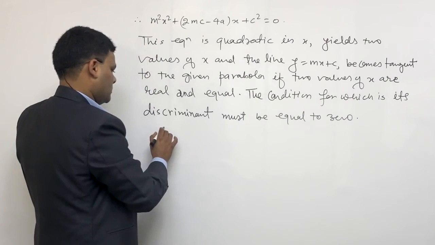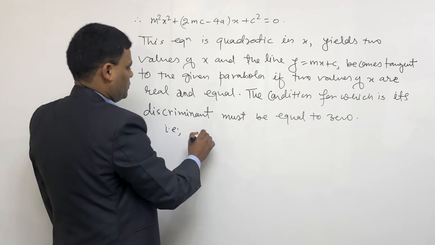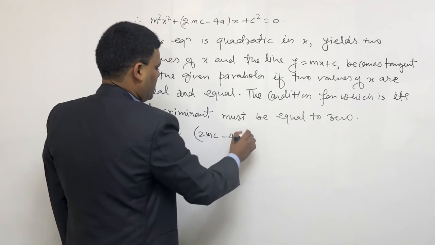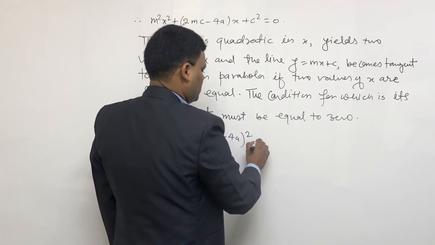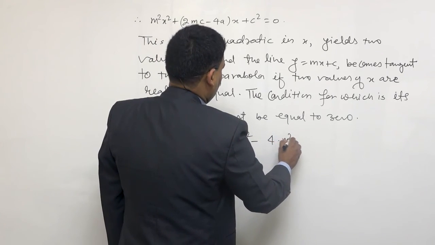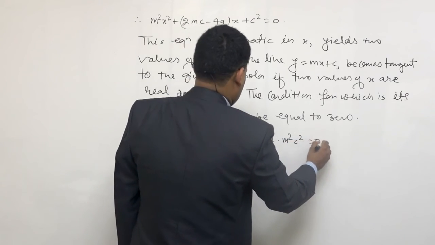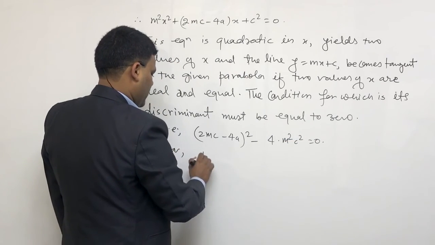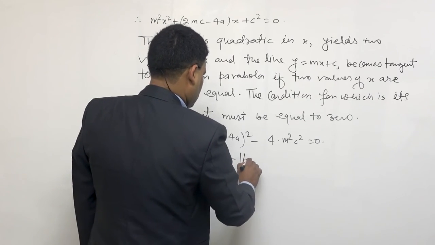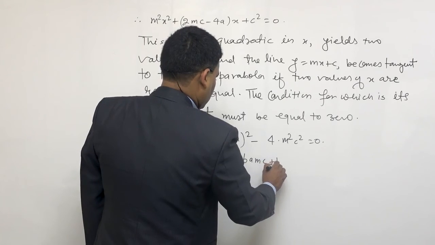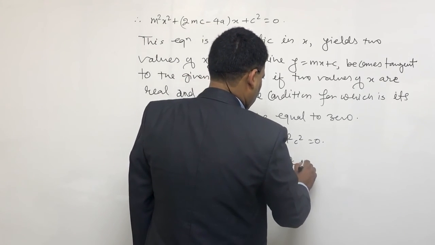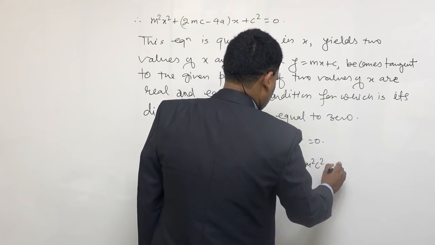That is, (2mc minus 4a) whole square, b square minus 4ac equals 0, or 4m square c square minus 16amc plus 16a square minus 4m square c square equals 0,